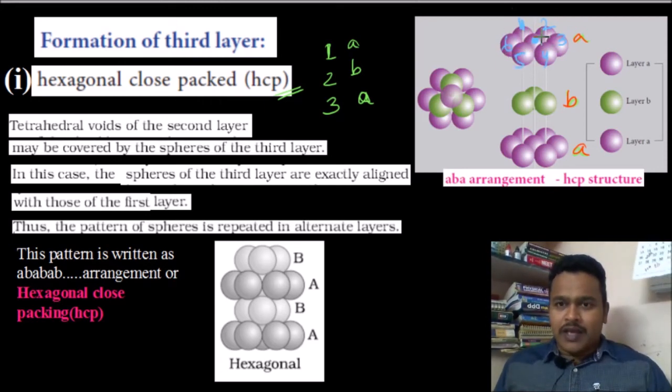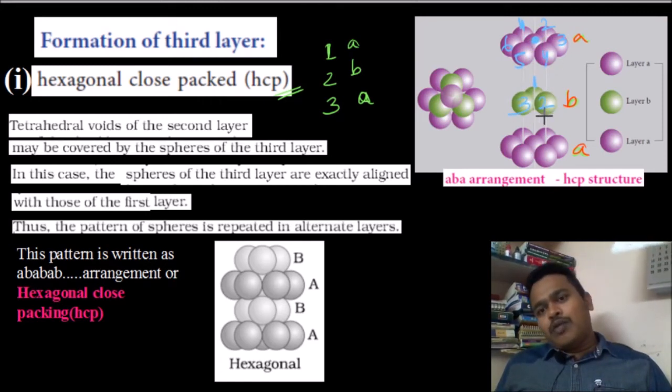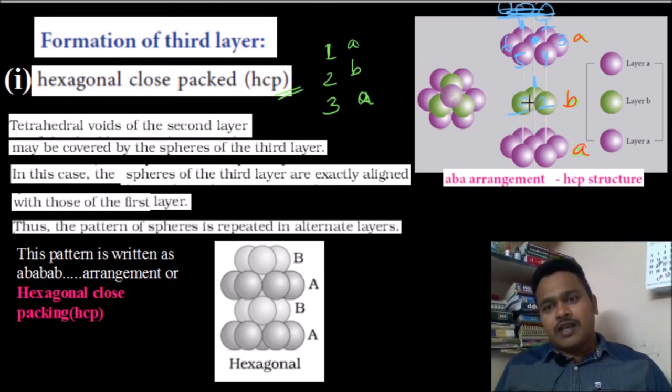In the same layer, see below how many are there? Below, the center sphere can contact these 3 also. 1, 2, 3. This is the bottom layer. In a similar way, here one more layer will be there, and there also 1, 2, 3 will be there. Like this same arrangement will be there above also.